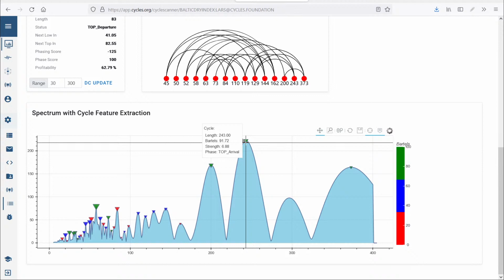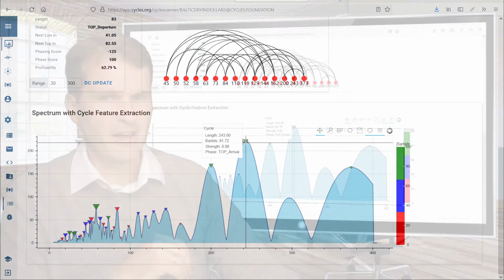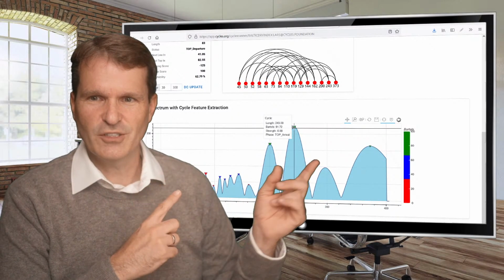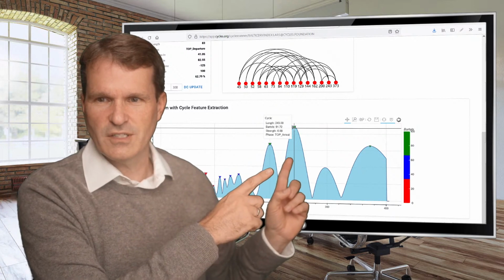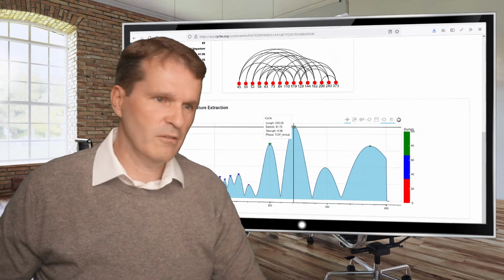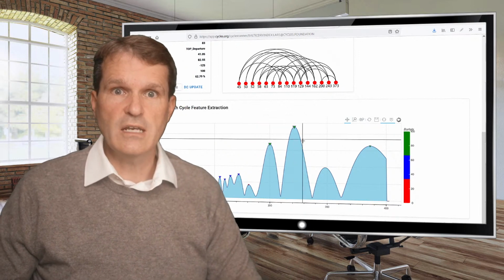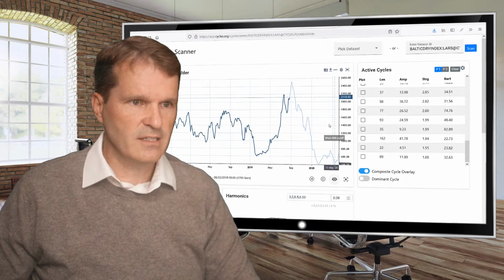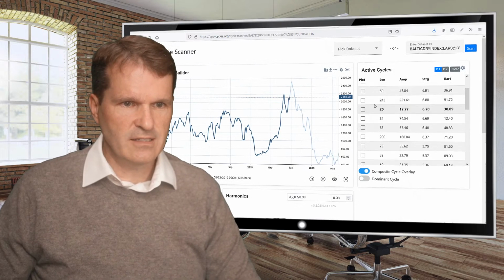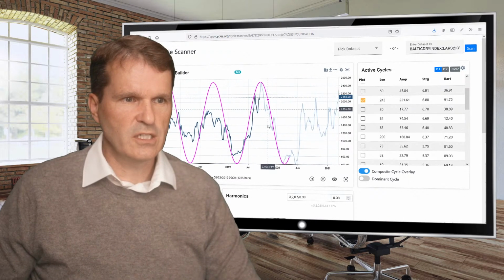The cycle with a length of 243 days is not only visible today. The same cycle with the same length was visible 2 years ago. So the spectrum nearly looks the same in this case. This is the analysis in 2019, where again we have this cycle clearly standing out. So this cycle was seen years in advance, and therefore let's select this cycle in this period here.